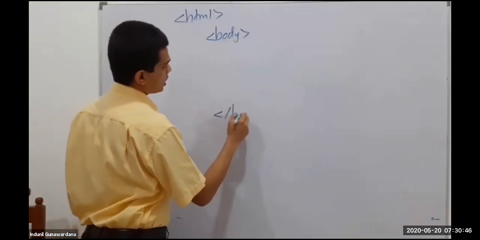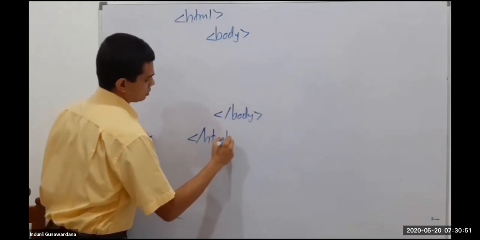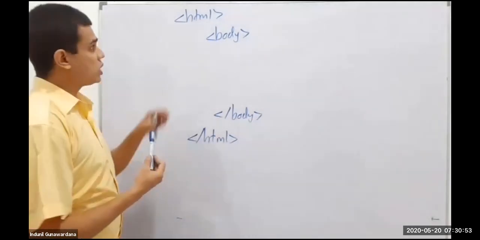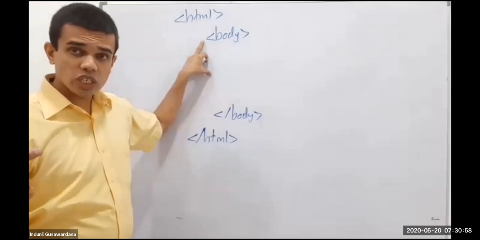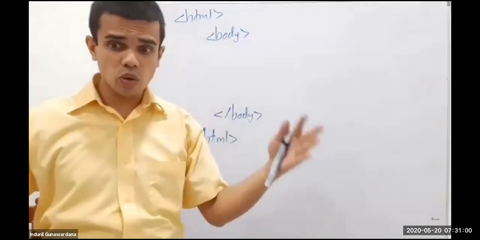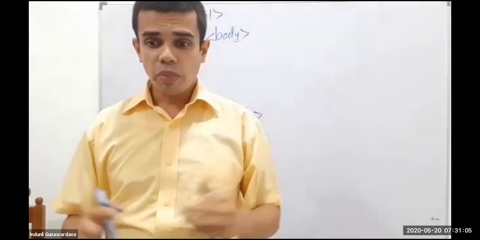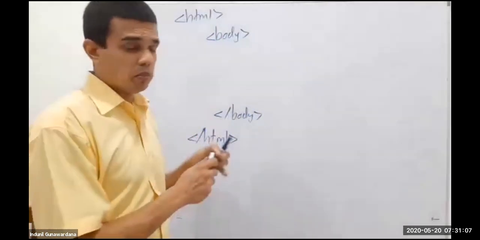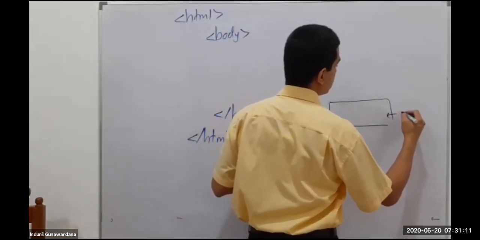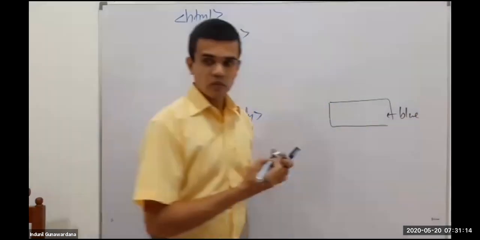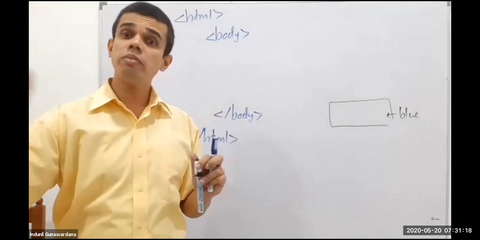We have the body section, closing the body, and then closing the HTML part. Now, once you write your HTML code like this, the body section of your web browser comes out as a fully white, pure, neat environment. But I want the body section of the web browser to appear in blue color. Then my text will be black, a little bit different from the basic settings.